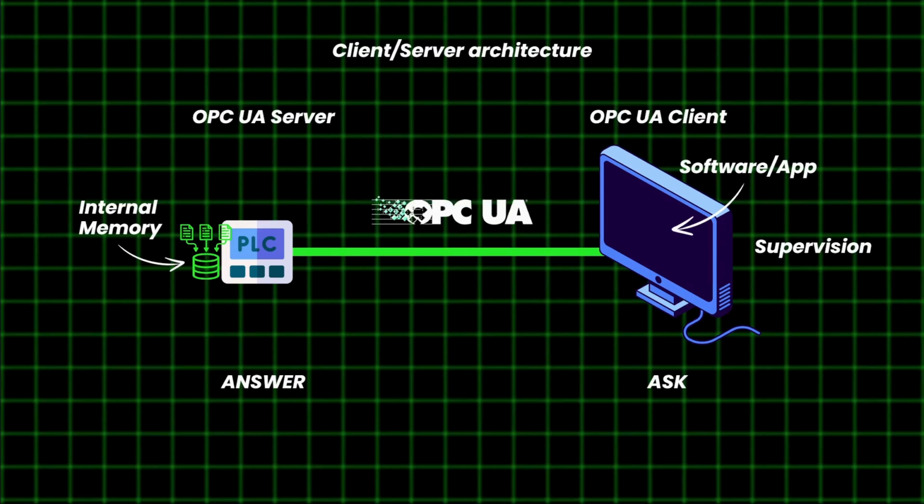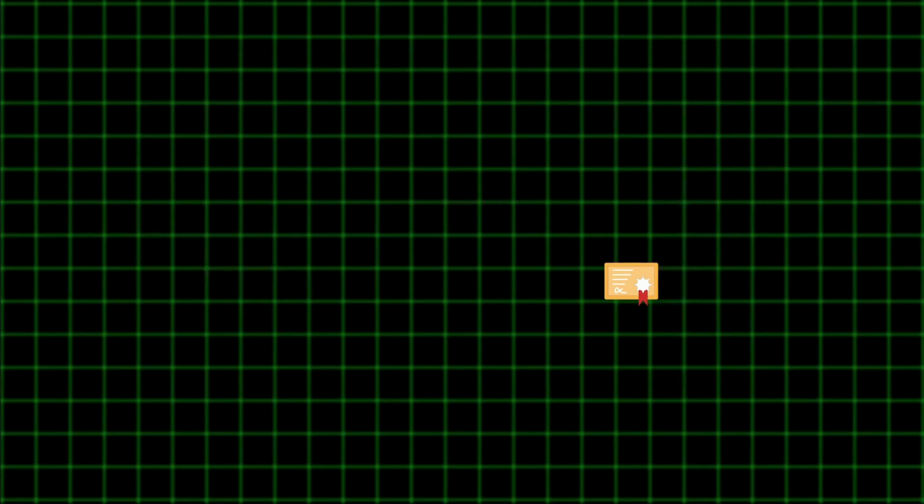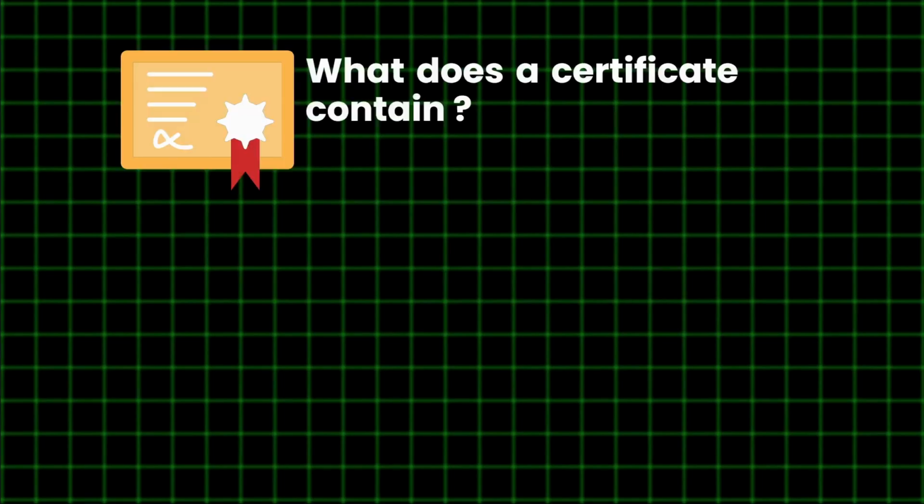The advantage of using OPC UA, although it's not mandatory, is the security aspect. This is achieved through the installation of certificates that contain a set of security rules. I'll go into more details about this in another video, but for now, what is a certificate? And what does this certificate contain? It typically includes the name of the client or server,